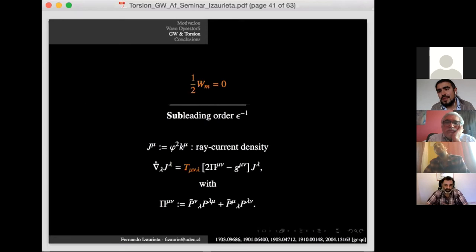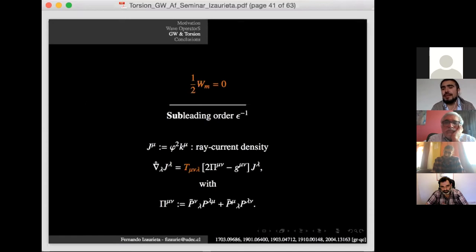And my second question was, can you expect to see an effect of torsion outside of dark matter? Oh, yes, of course. Here I was considering the simplest case, just the Einstein-Cartan case. I'm thinking, well, maybe dark matter has a non-vanishing spin tensor, and therefore it could make up some torsion.